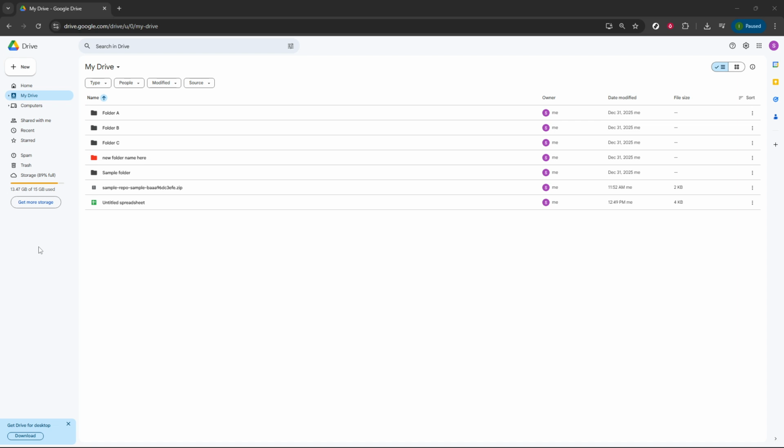Once your Drive loads, you'll see the familiar interface with folders and files, and importantly for this task, a search bar running across the top of the page. Focus on that search bar. This is where Drive lets you find anything quickly, and we're going to use its built-in filters to zero in